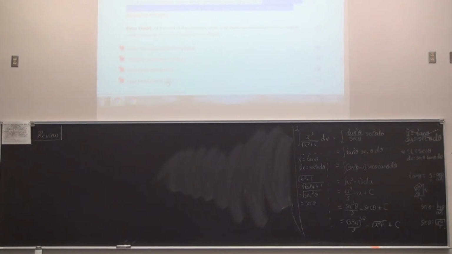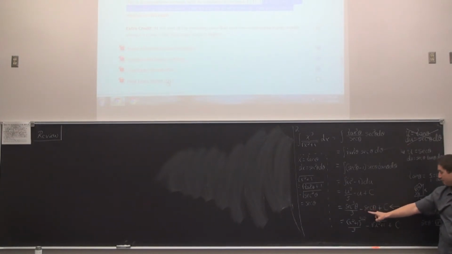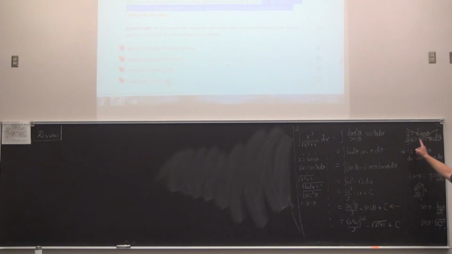Then the error at the very end of the class when we got to this step right here is that we're meant to undo the substitution, but we picked this. We said we had tangent cubed theta divided by 3 minus tangent theta, and that's where things went horribly wrong. So if you do write down both substitutions, my advice to you so you don't make the same mistake that I just made is cancel out the one you know does not work so you don't accidentally grab the wrong u. That's a horrible mistake to have made. Other questions with finishing out the rest of that problem?